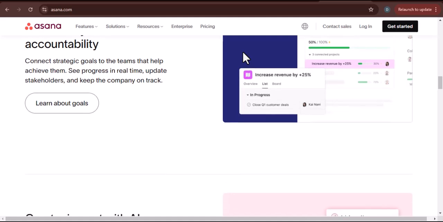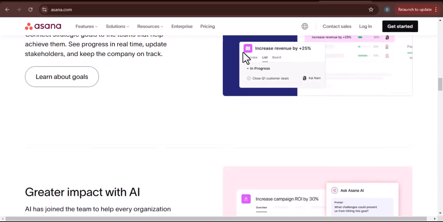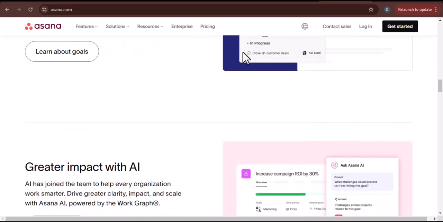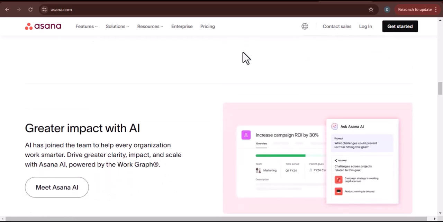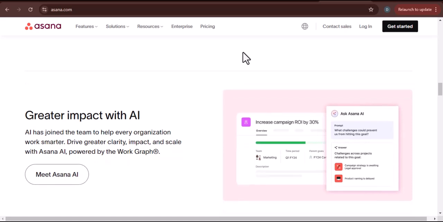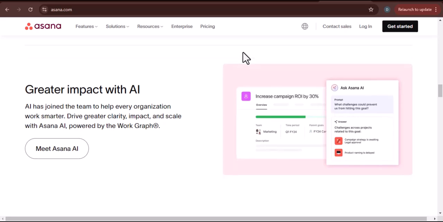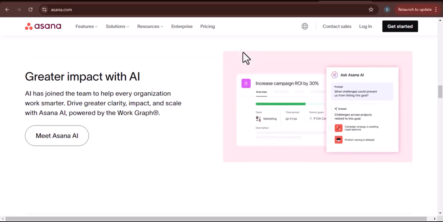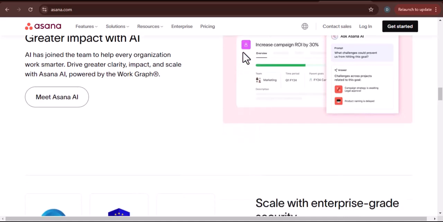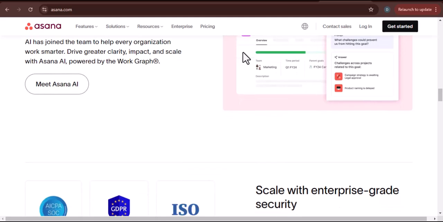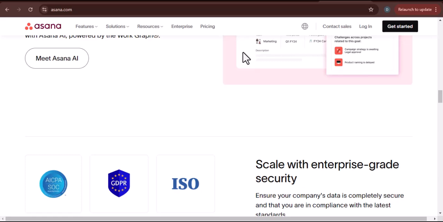Next, let's talk about a major pain point for many teams: task assignments. One of Asana's core philosophies is that a task should only have one person responsible for it. The idea is to eliminate confusion and make it crystal clear who owns a task. And in some cases, this works great. But what happens when you have a task that genuinely requires multiple people to be responsible for its completion? For example, a content piece that needs to be written by one person, edited by another, and then formatted by a third. In Asana, you can't assign a single task to all three people.